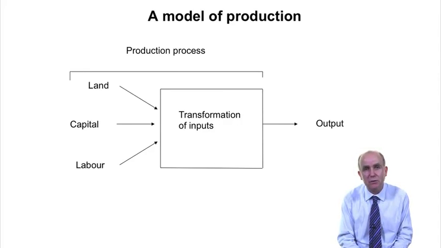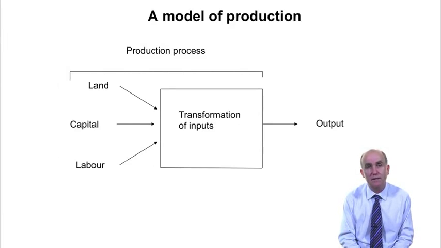The production process is all the decisions that have to be made about how to combine the inputs together to produce output. So that would involve deciding things like how much of each of the inputs you would want to use, what way you should plough the soil, what time of year you should plough the soil, when you should plant the seeds. A whole set of decisions like that will determine the amount of output that's produced.